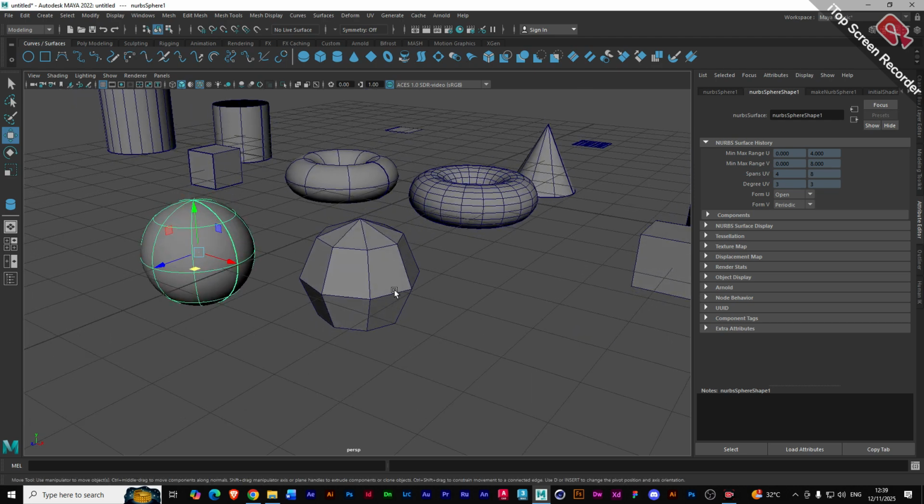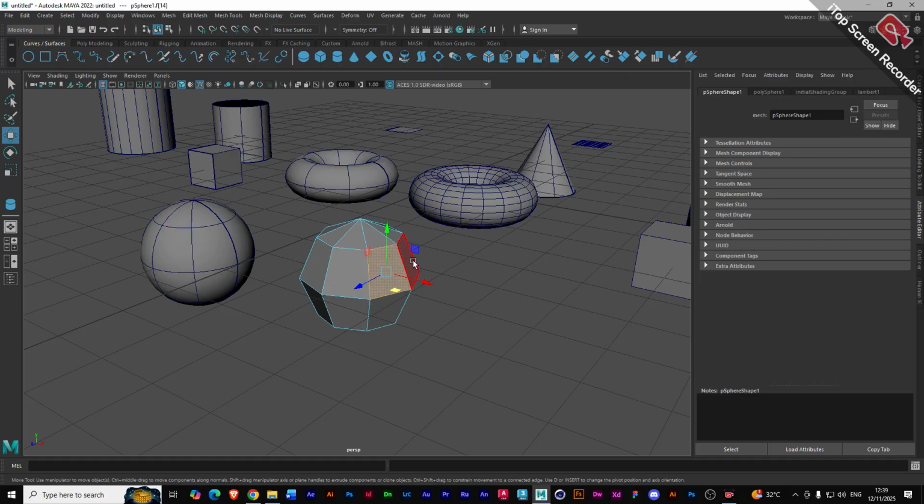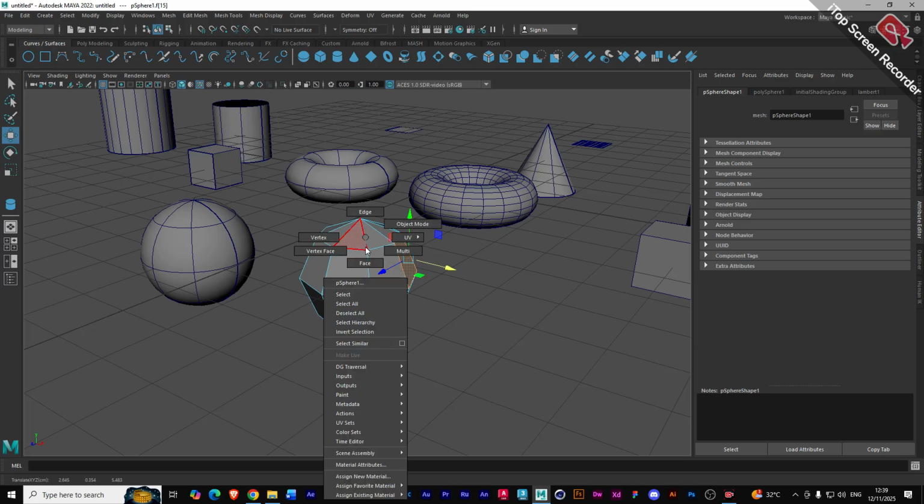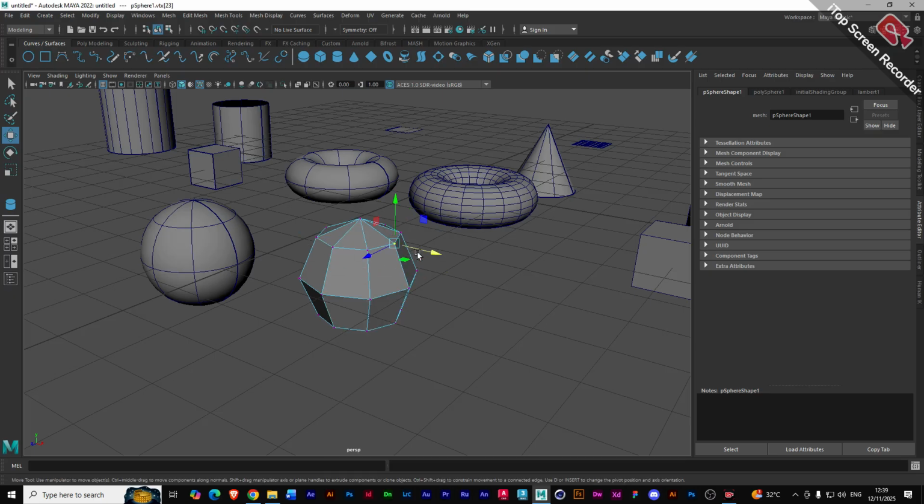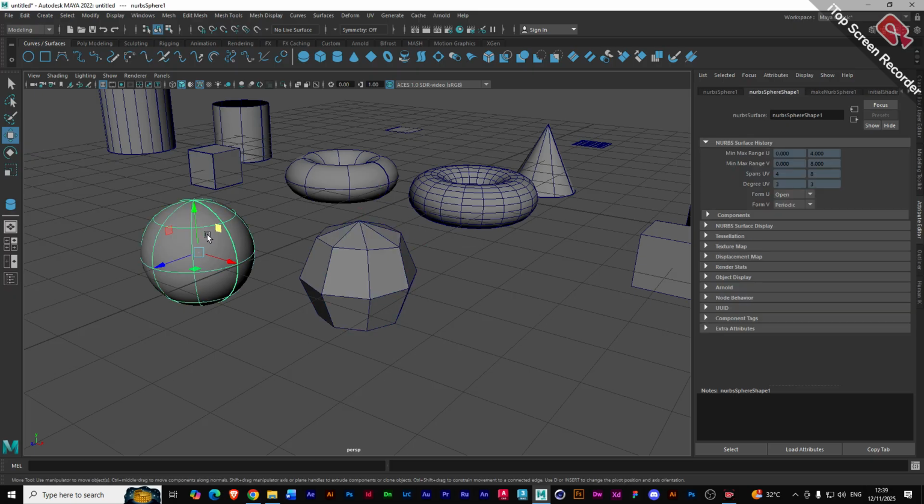Because if I right-click on my polygon, I have faces. I can select a face, pull out a face, push in a face. I can select vertices, select a vertex and move it like that. I can select edges, select singular edges and move them. Or when I come here,